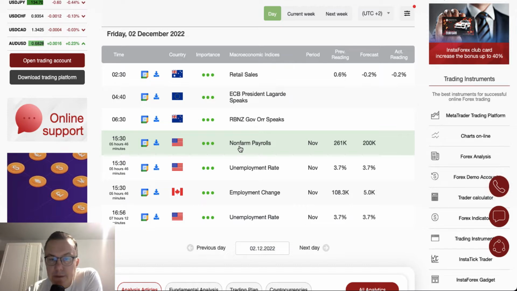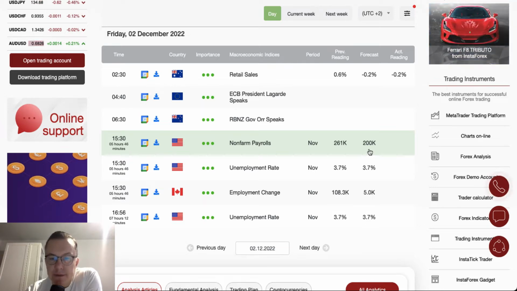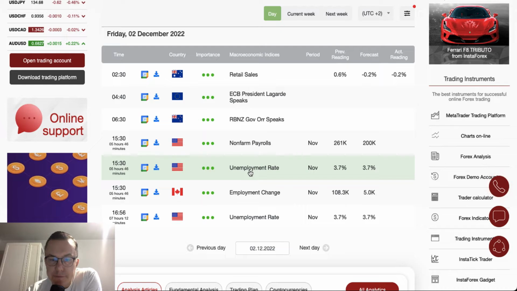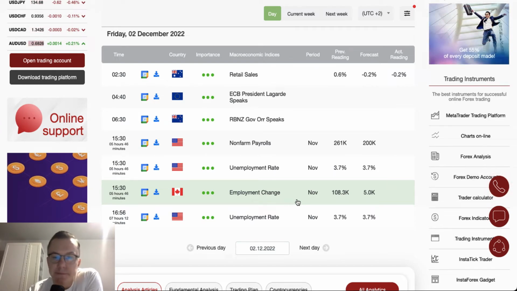data from the US, scheduled for release at 3:30, and the market expectations are not too sophisticated. The previous reading was 261,000. This time the market participants expect the level of 200,000 new jobs to be created. Of course, together with the non-farm payrolls comes the unemployment rate in the US. It should stay at the same level of 3.7%. More data comes from Canada as well, in the form of the employment change, scheduled for release at the